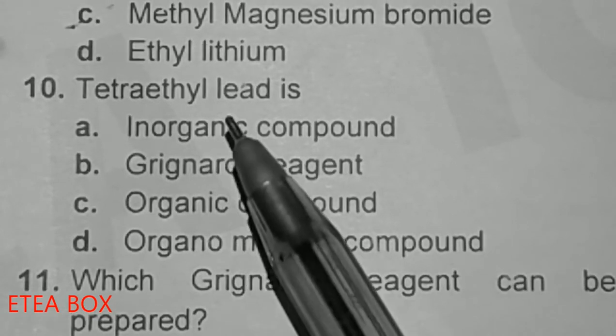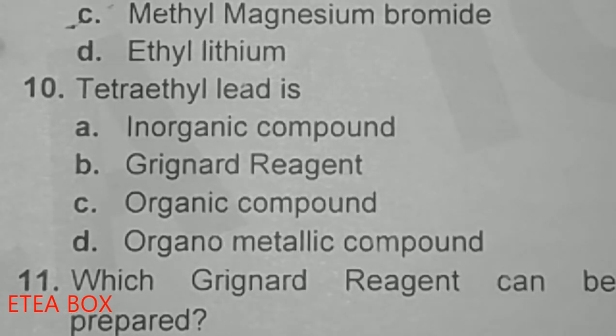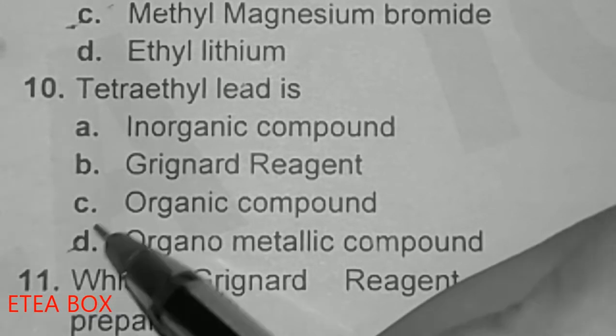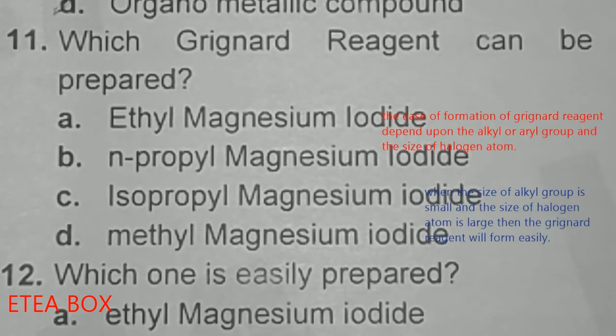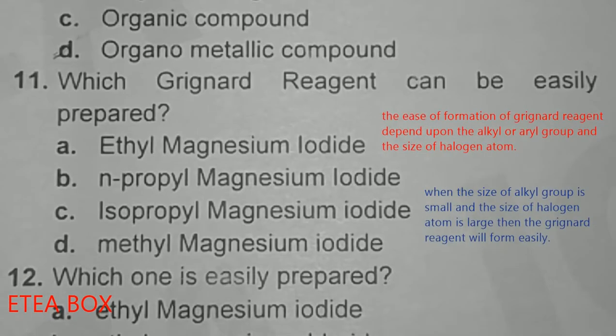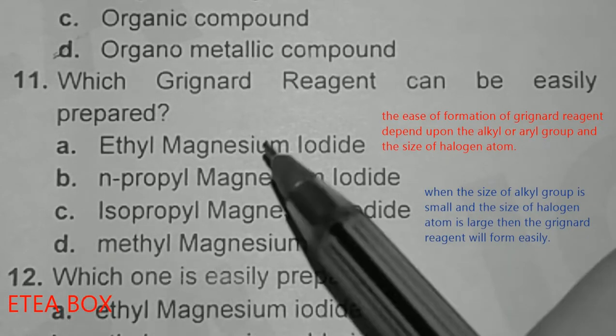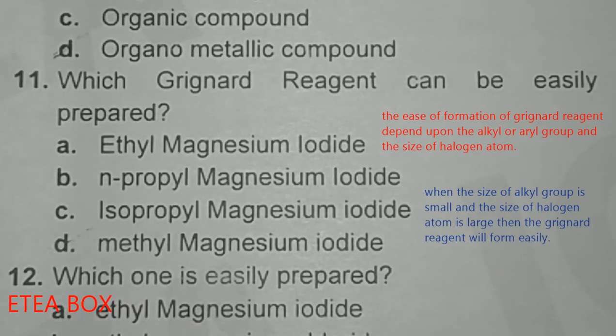Look, when the organic compound is attached with a metal, it gives the organometallic compound, okay, and when halogen is attached to this one, it gives the Grignard reagent. Which Grignard reagent can be easily prepared? So look at here, option D is correct, okay. Methyl magnesium iodide can be easily prepared because